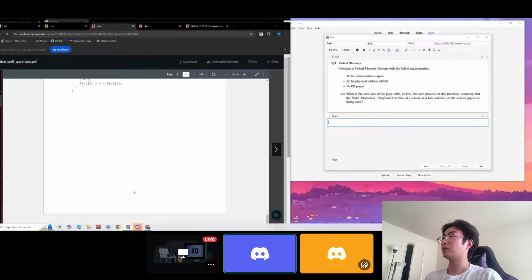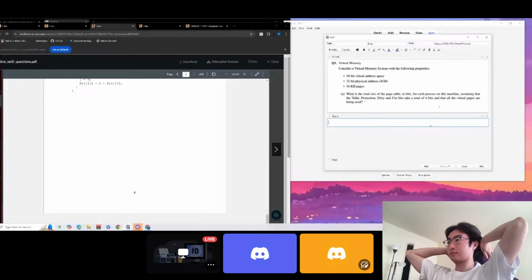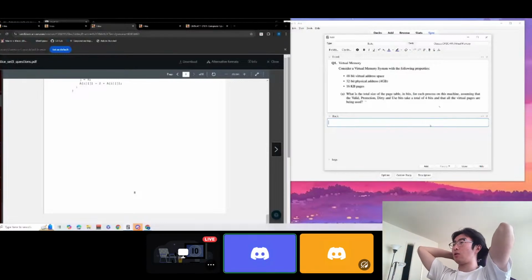What is the total size of the page table in bits for each process on this machine, assuming that the valid, protection, dirty, and used bits take a total of 4 bits? So I'd imagine then all of the pages